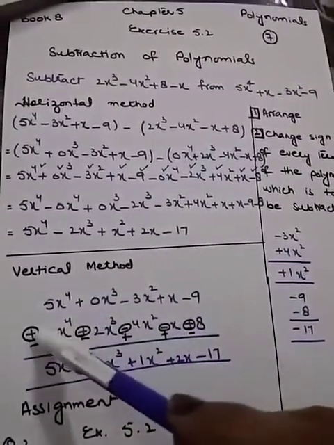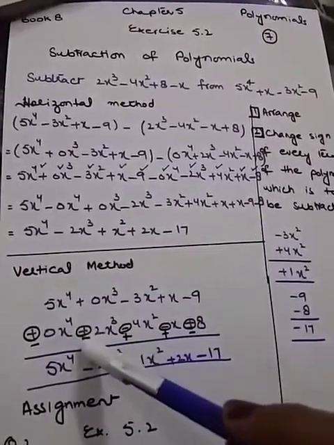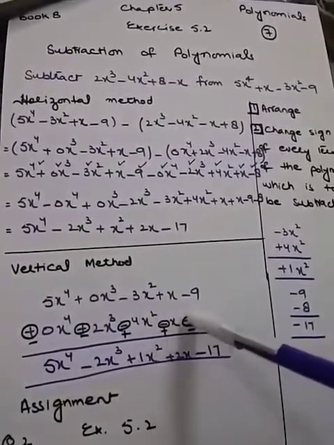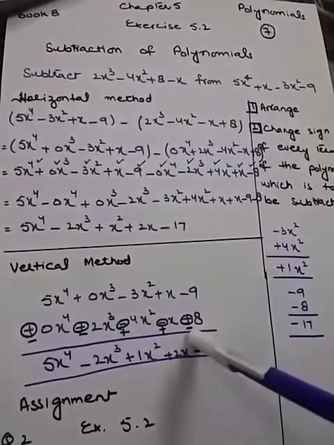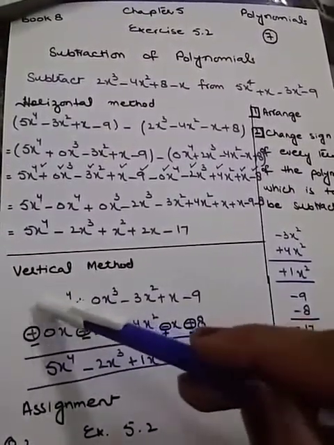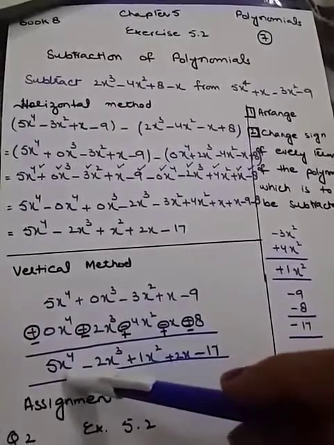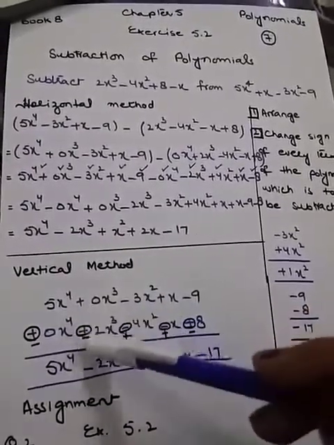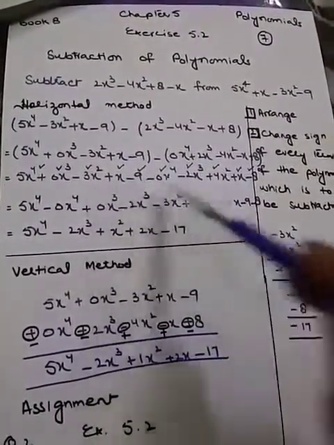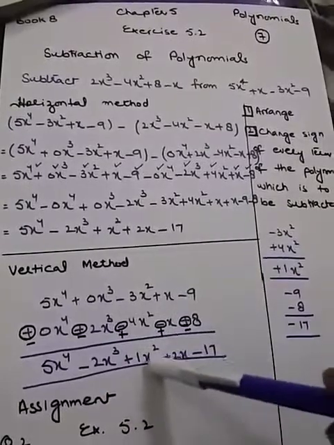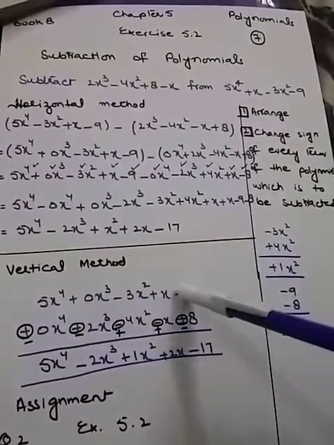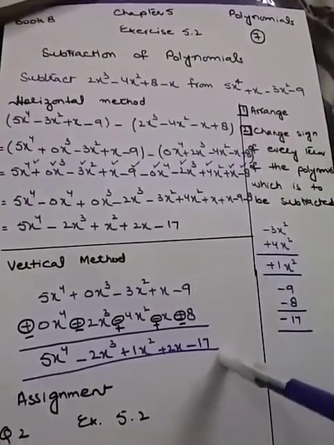Alright, plus we will change into minus, plus into minus, minus is going to be changed into plus, minus into plus, and plus will be changed into minus. Now it's time to take their subtraction. Plus 5 minus 0 is plus 5x⁴. 0 means nothing, so minus 2x³ will come as it is. And subtraction I have already discussed with you in detail here. And here 1x², and then 1 plus 1 is 2x, minus 9 minus 8 is minus 17.